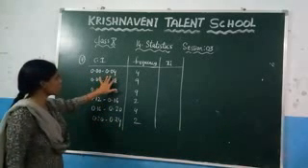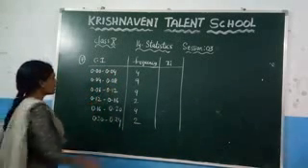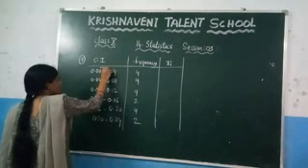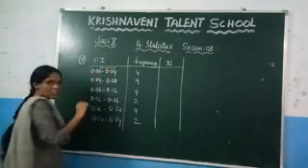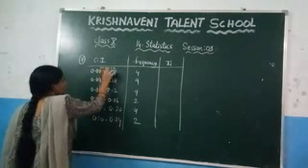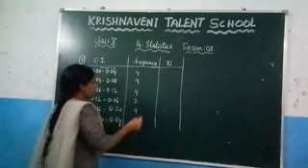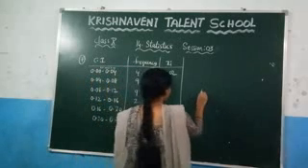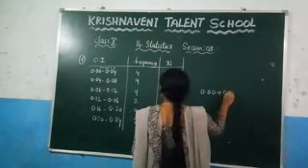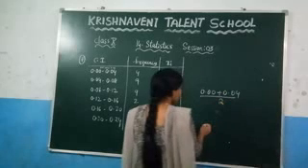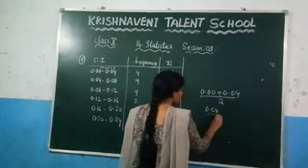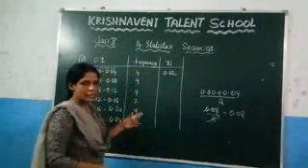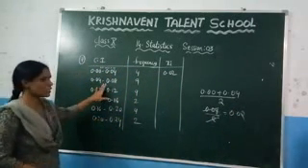Here you can observe what the middle term is. After 0.00 you will get 0.01, and after that 0.02, and after that 0.03. What is the middle term here? You can observe that 0.02 is the middle term. So directly you can write 0.02 here, or otherwise by using the formula: 0.00 plus 0.04 by 2, which gives you 0.04 by 2, and it will get cancelled to give you 0.02. Like that you can calculate, or otherwise you can write the middle term.